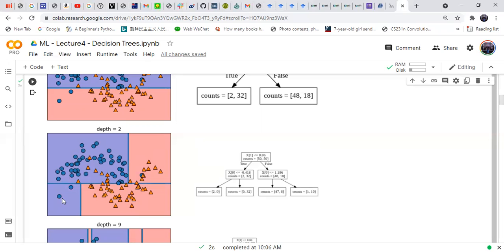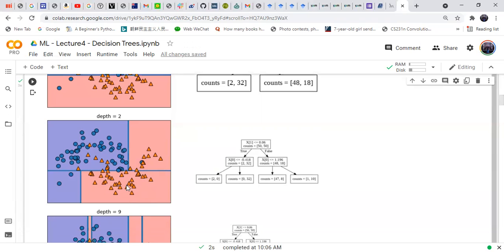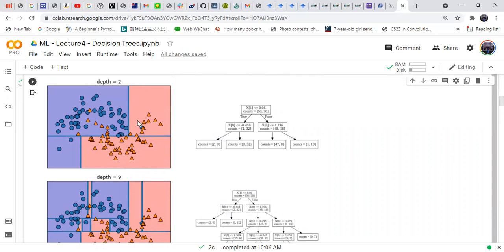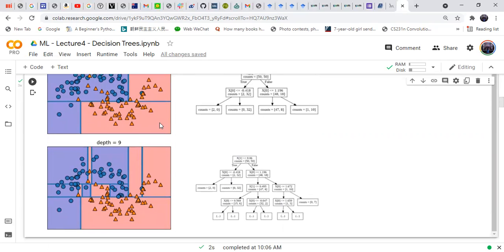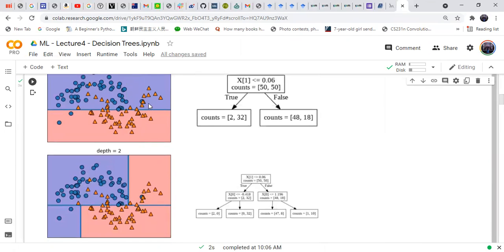It is like this one, 20, and this one, 32, because in these two boundaries all the points belong to one class. But here and here, these are the regions where there is a mixture of points. So we can go for these child nodes, and we can see 47 points from class 0 and 8 points from class 1, and 1 point from class 0 and 10 points from class 1. So we can further separate these two regions in further depth; this was depth 0.